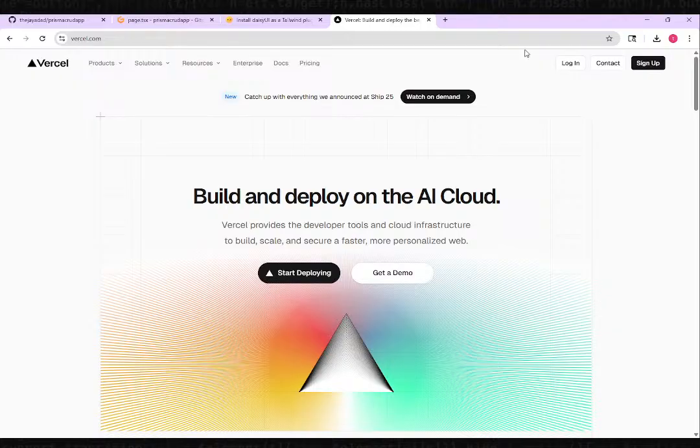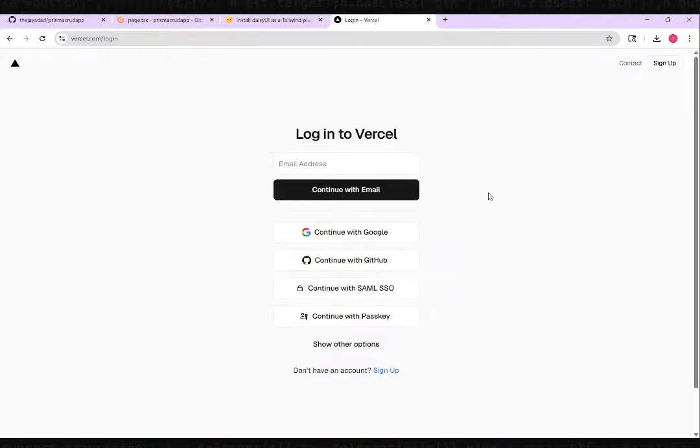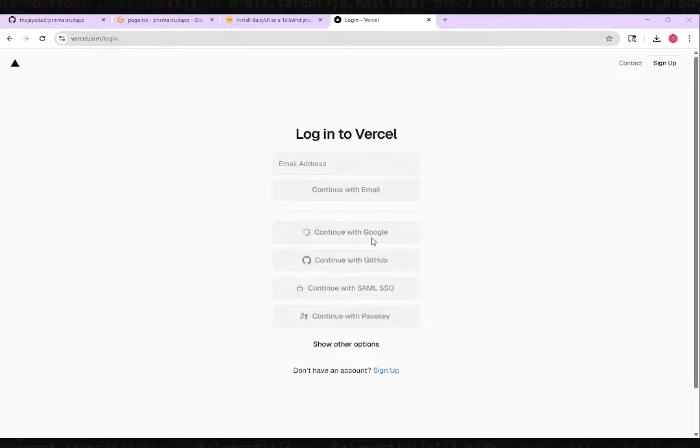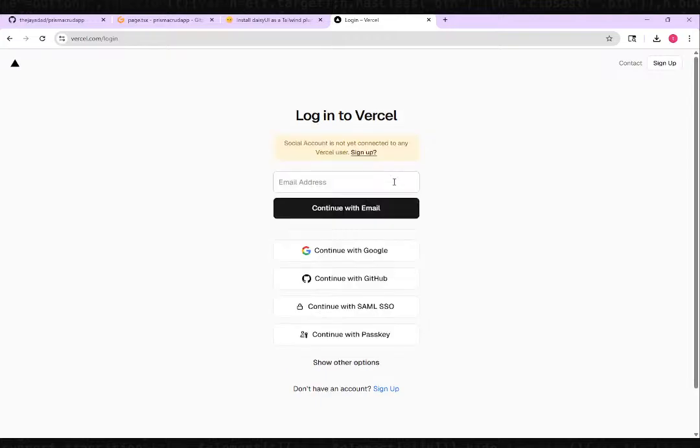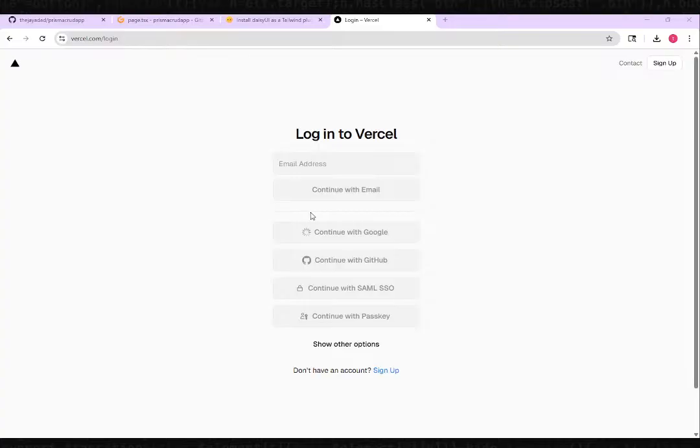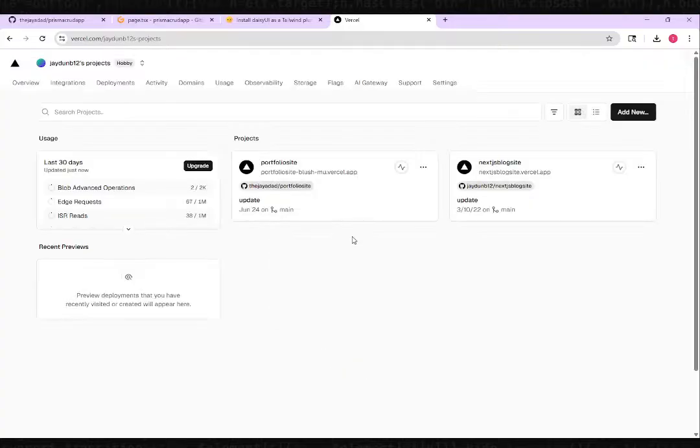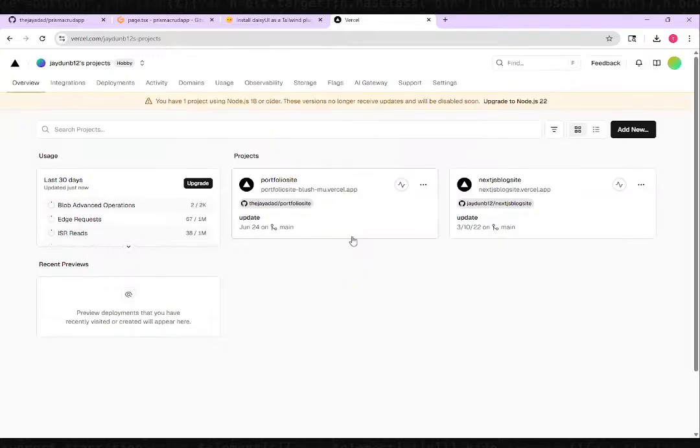If you click on login, once you're logged in, you should be redirected to your project's overview window, wherein if you've ever deployed any projects,